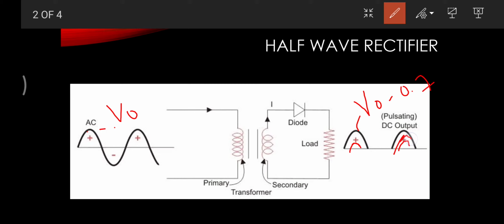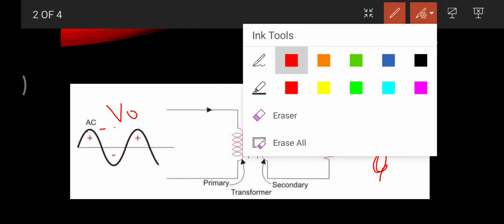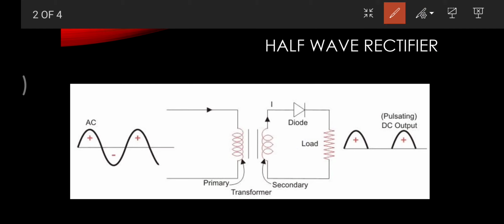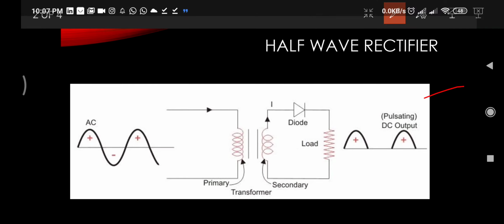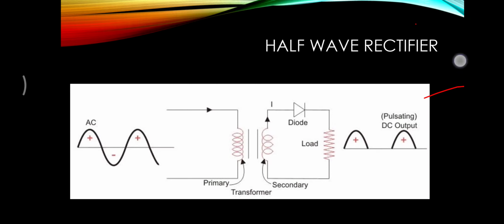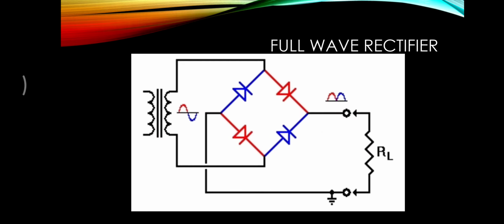So this part is the loss you are getting from the half wave rectifier, and also the negative cycle. To get better power output, there is another type of rectifier which is normally known as a bridge rectifier. There is also a full wave rectifier which contains two diodes, but we will not go into the detail of that because it is not commonly used.